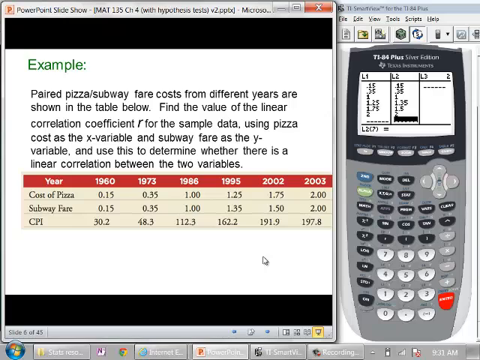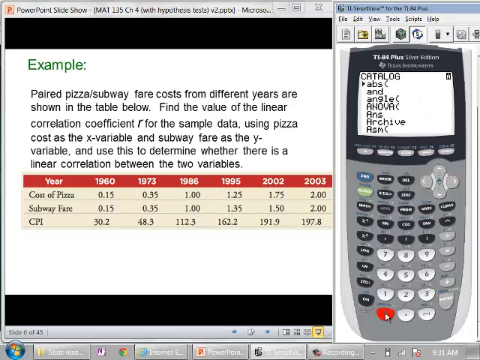Okay, so to do this with your calculator, actually the first thing that you have to do, if you haven't already done this, is to turn on the diagnostics so that your calculator will actually give you the R value. To do that, there are a couple different ways depending on what calculator you have. But one way that works for everyone is to go to your catalog. Notice catalog is above the 0. So if you do second and your 0 key,